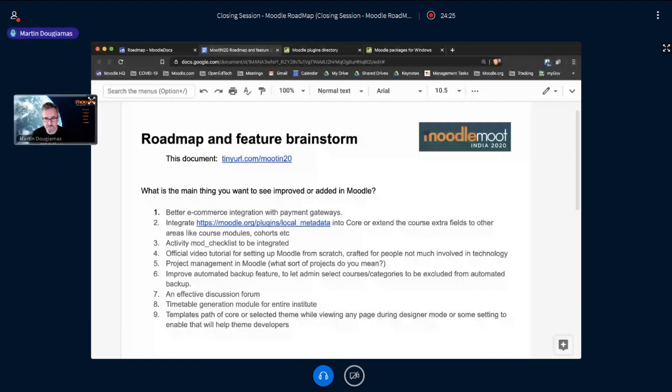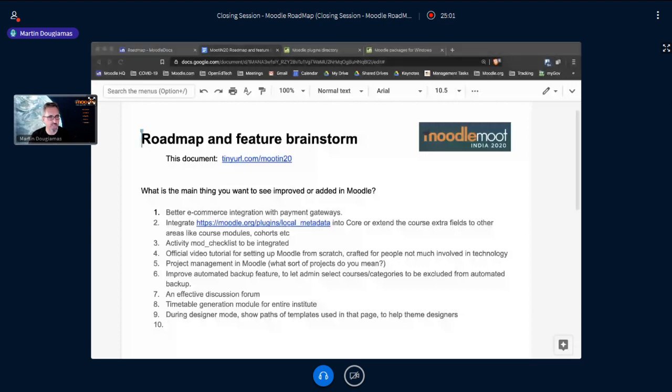So let's say during designer mode, show paths of templates used in that page, to help designers. Good one. Again, I think there are other ways to do that, but that's something we can get into later.